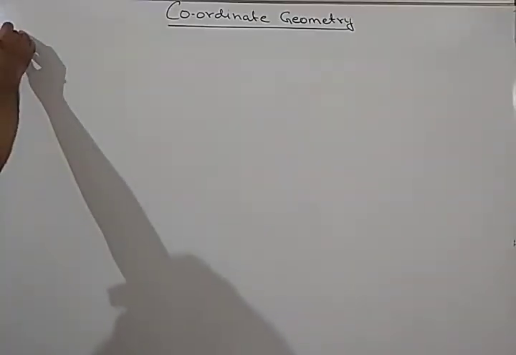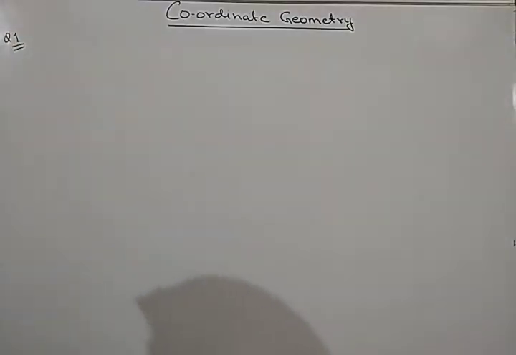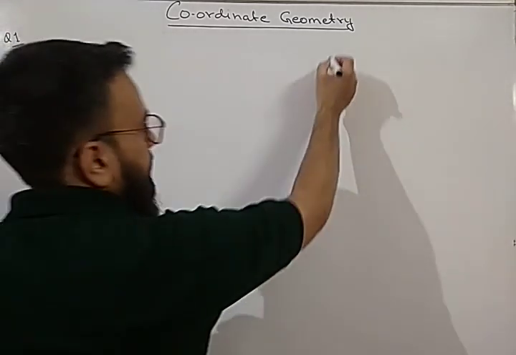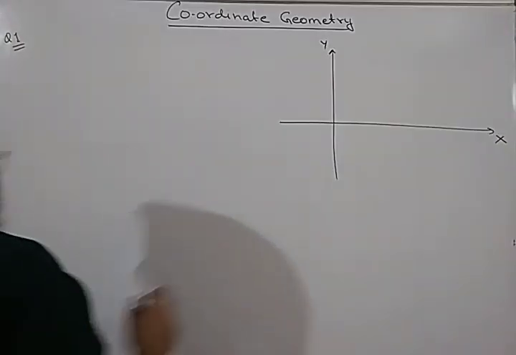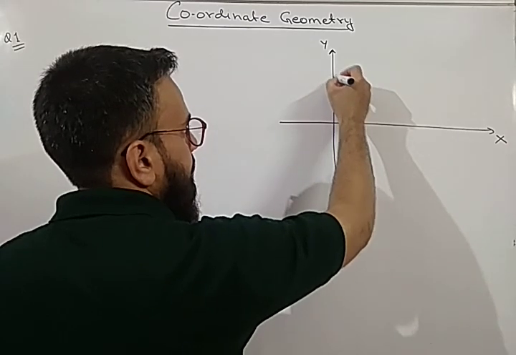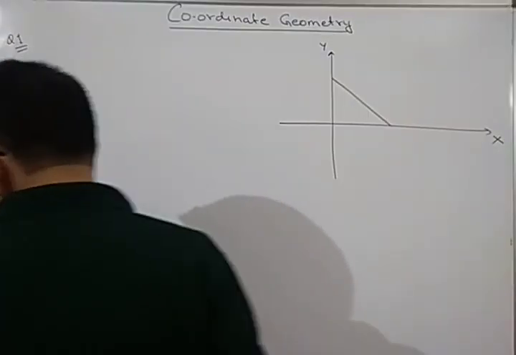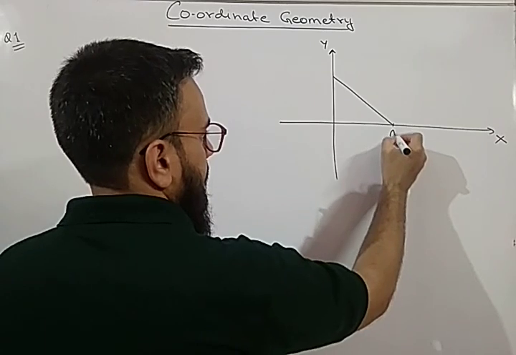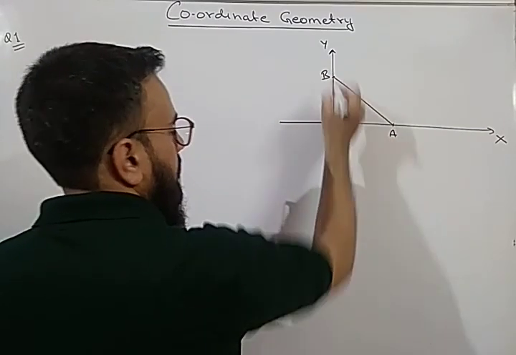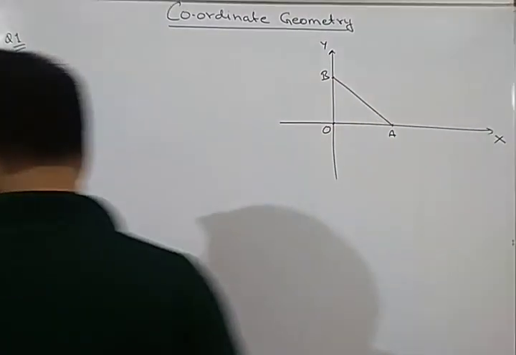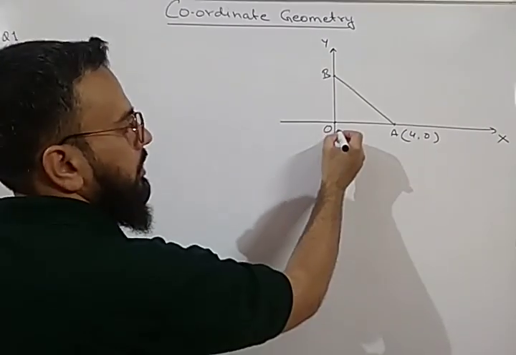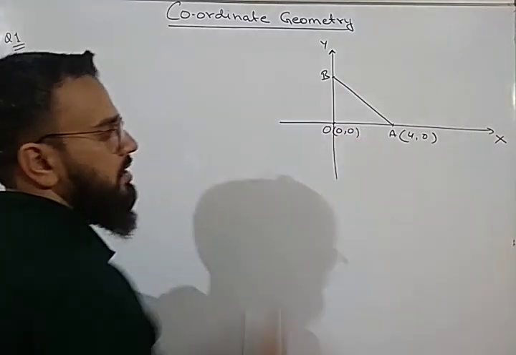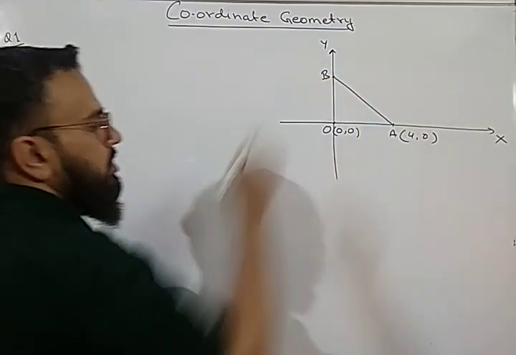So the first question is, we are given a figure. This is our x-axis, this is the y-axis. Then we are given this triangle. This is point A, this is B, and this is our origin O. The coordinates of point A are 4, 0, and the coordinates of the origin, as we know, are 0, 0. So in this triangle,